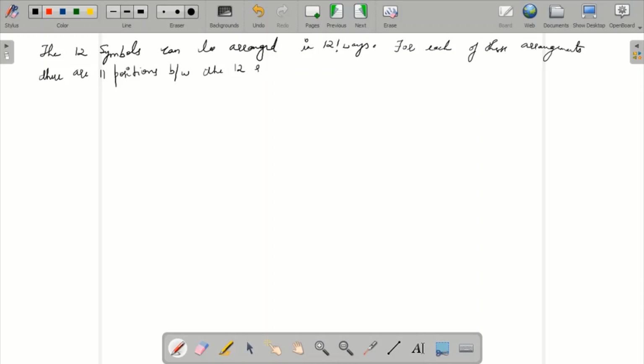So you had seen already there are 11 positions between the 12 symbols. Since there must be at least 3 spaces between successive symbols,